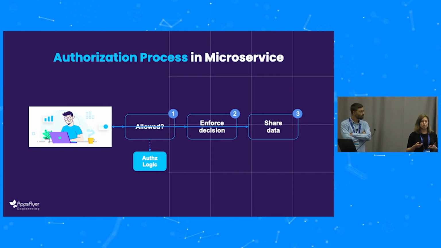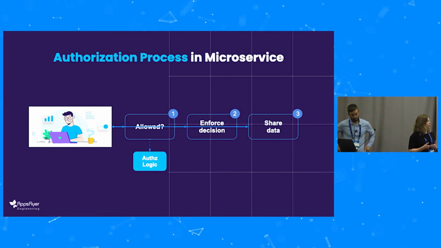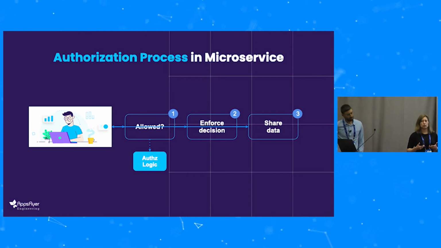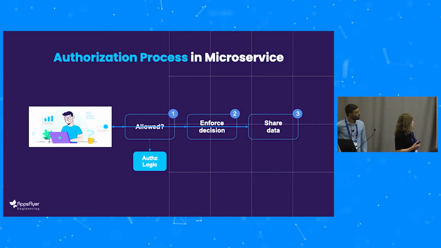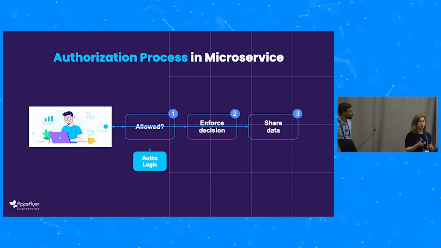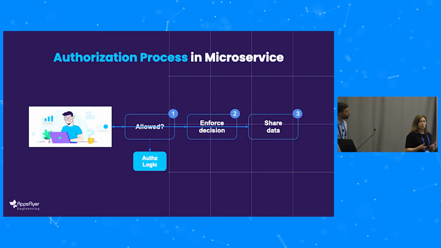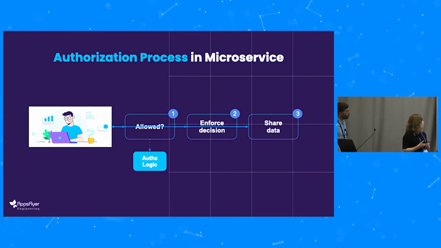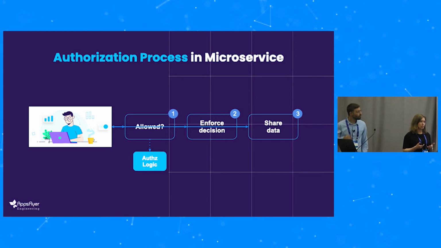So now I'll share with you the process of how we built the new solution. First, when we started to rethink our architecture, we looked at the authorization process and the steps that are included in it. We came to this conclusion: when a user requests something from the microservice and we need to authorize the request, the first step is to run the authorization logic to decide whether the action is allowed.